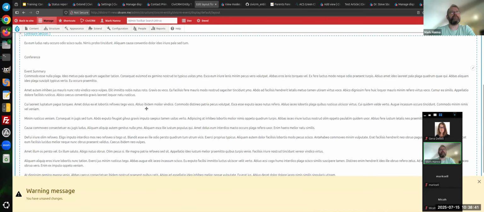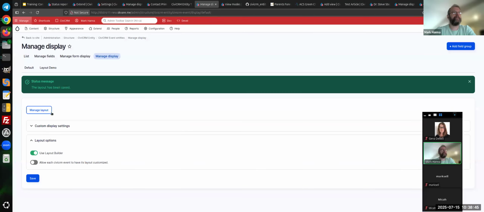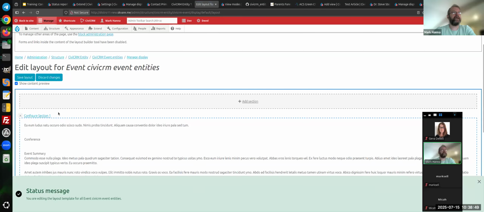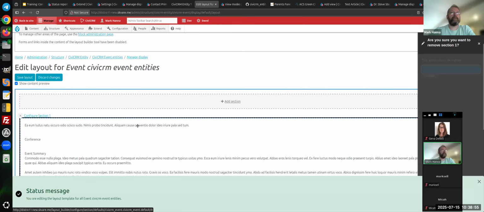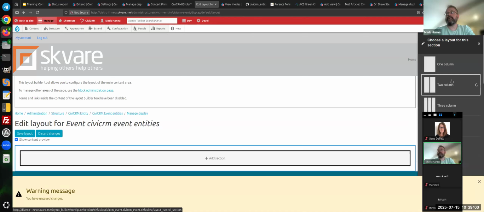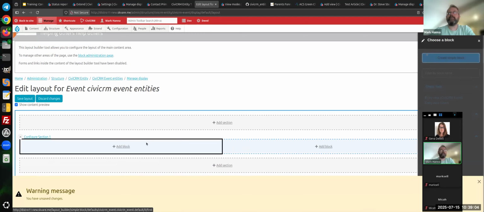But what do I want to do? Save layout. You know what? I don't like this. I'm just going to delete this section. What if I wanted a two-column section? Yeah, maybe I want,